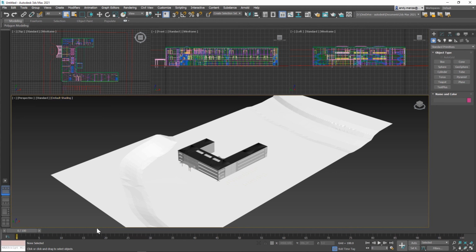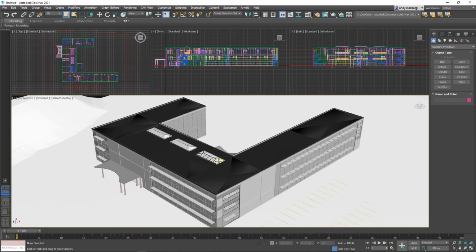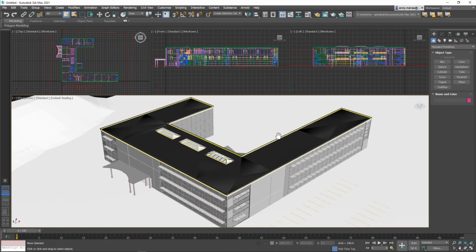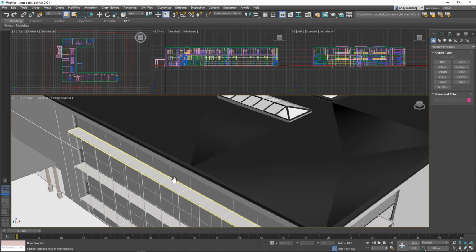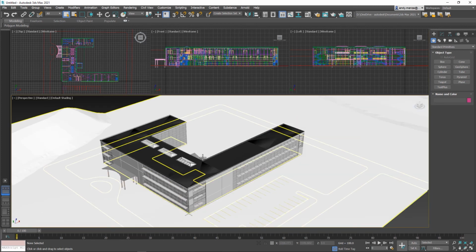You can see here it's got some terrain. It's quite a detailed model. It's got quite a lot of content in there. Okay, so we would need to export all of this to 3ds format, and then that's what we'll be able to import into mobility simulation.